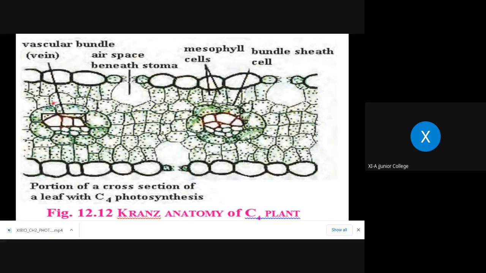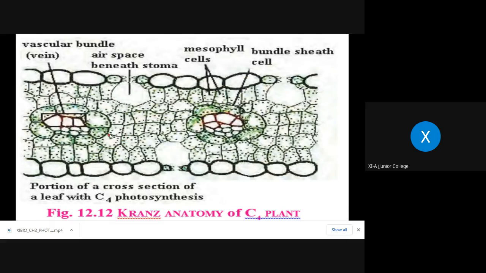Now, what happens through the stomatal openings, oxygen or CO2, whatever, enters. Now, C4 plants have affinity with only CO2 and not with O2. Now, the enzyme present there is PEP carboxylase, because this PEP has affinity with CO2. So this CO2 is fixed. PEP, that is phosphoenol pyruvic acid.